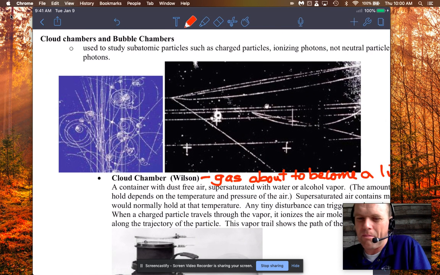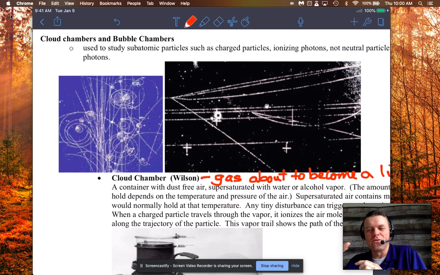You never see the particle because the particle is really, really tiny. But what's really cool is the particle will leave a vapor trail behind it, just like a jet flying overhead in the summertime or even in the winter. But you can see it a lot in the summer. If you look up, you can see this really long trail of white. And when I was a kid, I used to think that was the exhaust, and it kind of puzzled me because it didn't go away.